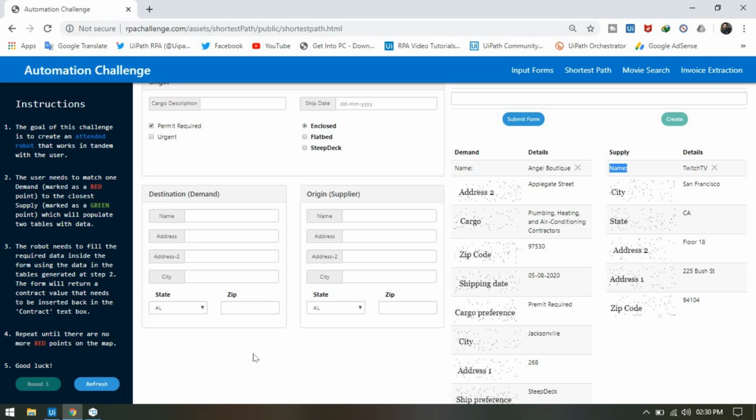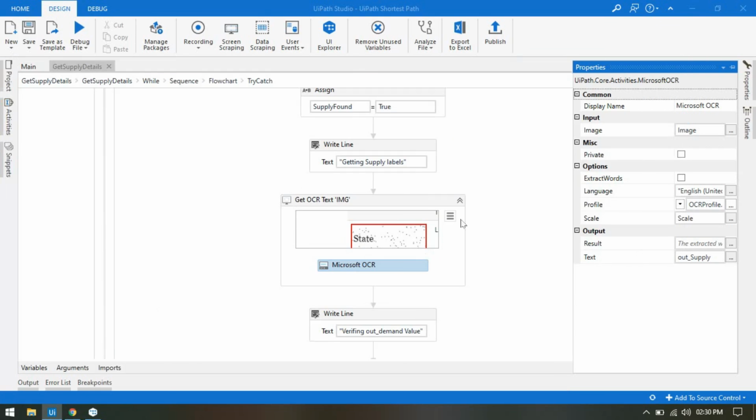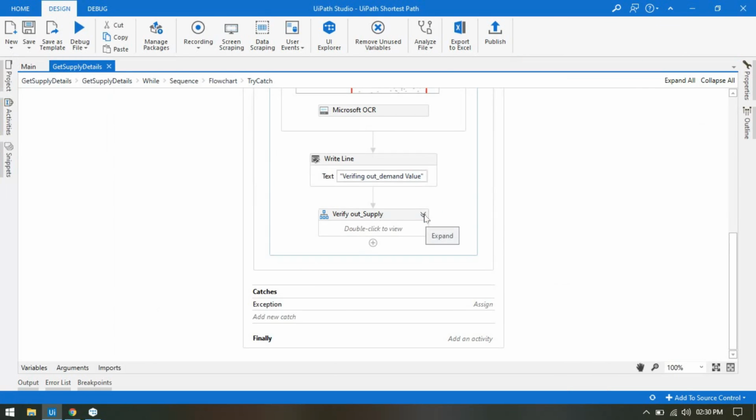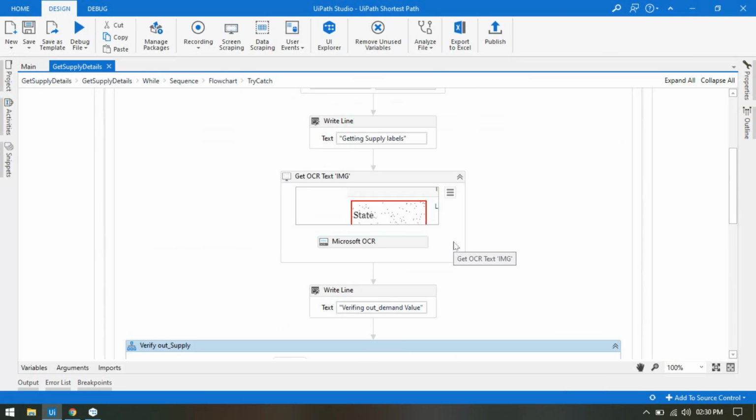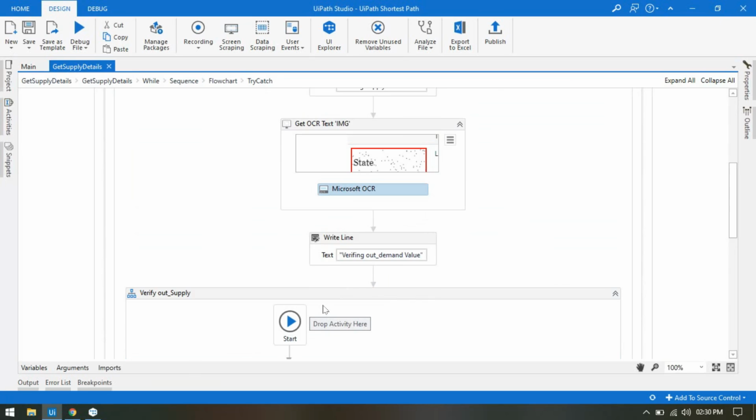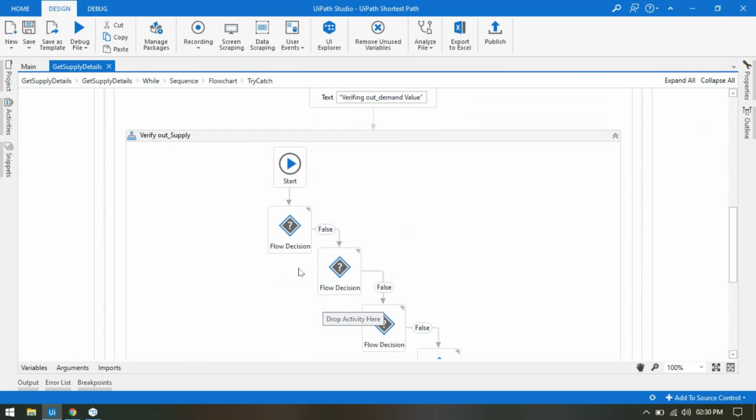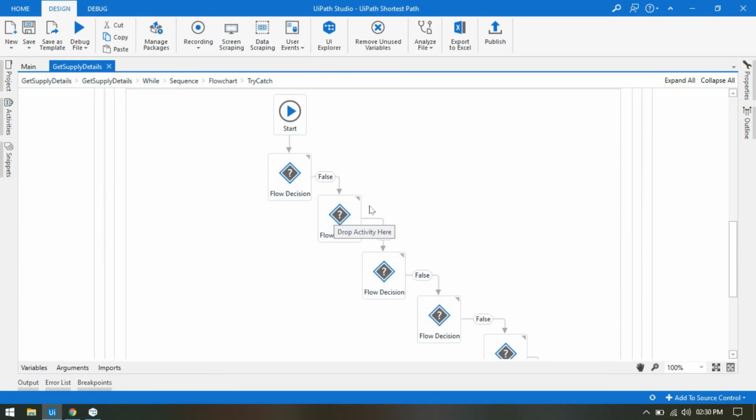So once we get the city, we are going to check here in the verify out supply, because here we are also verifying that we are getting the correct value in this variable, because you have seen that sometimes we are getting the incorrect value. Instead of city we are getting CITV, right, not Y. Instead of address 1 we are getting just address.